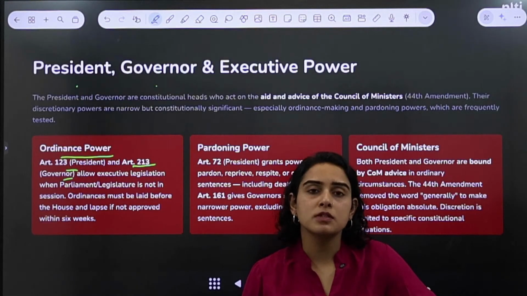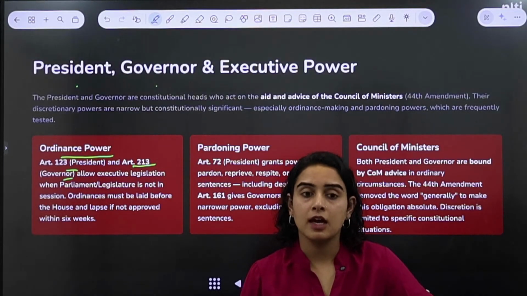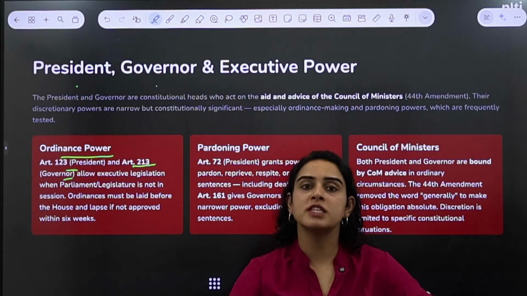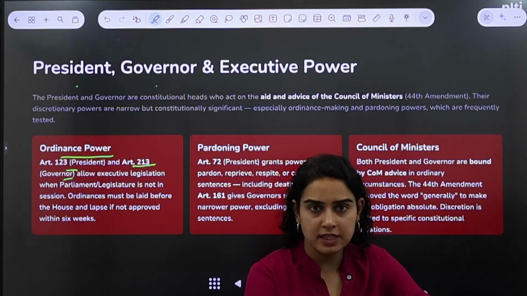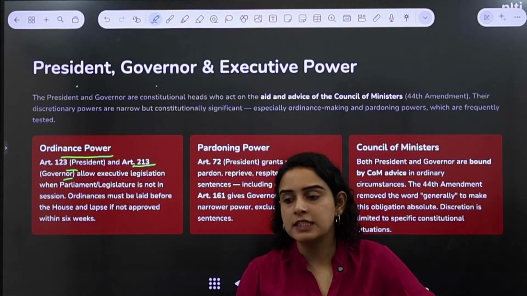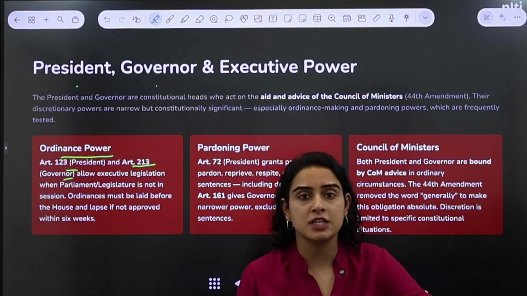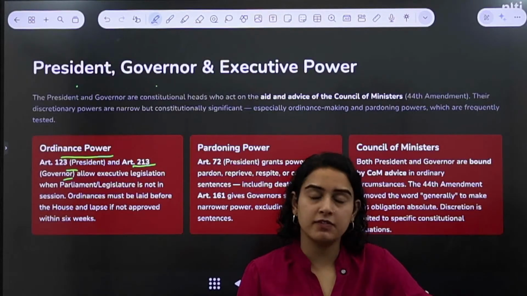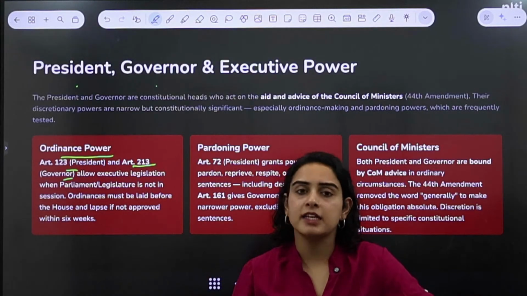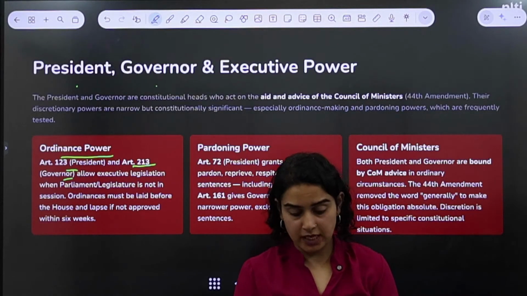law making powers are with the Parliament and the state legislative assemblies, right? And Parliament and state legislative assembly, they have their own sessions. You might have heard of Parliament sessions, Vidhan Sabha sessions, Vidhan Parishad sessions, right? So they're not sitting in the Parliament or the Vidhan Sabha throughout the year. They're going to be sessions, right? Let's say after every 2-3 months, they have a session, where they sit and they discuss laws and they decide upon if a law has to be made or not, right? So